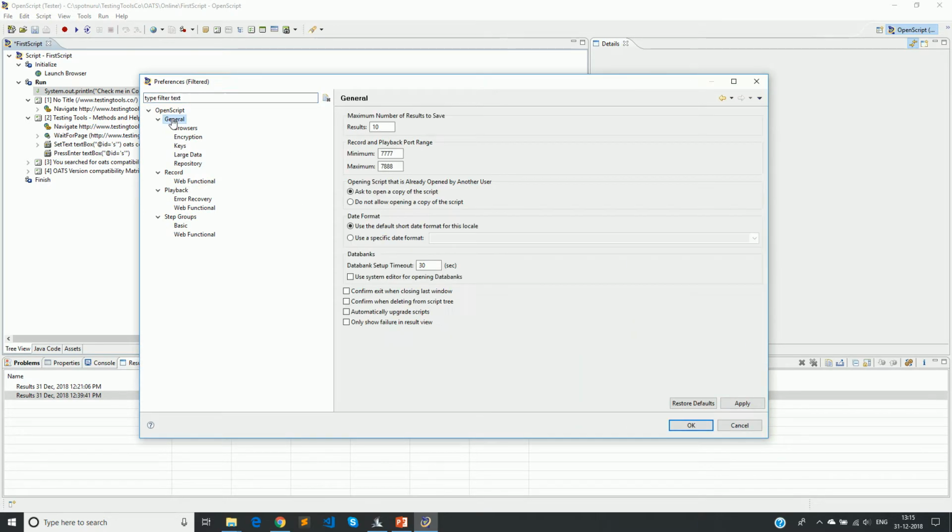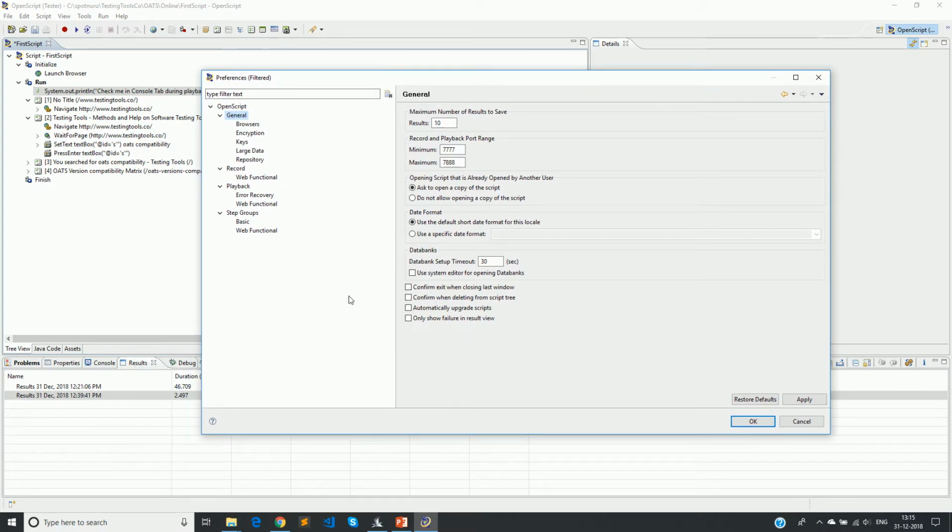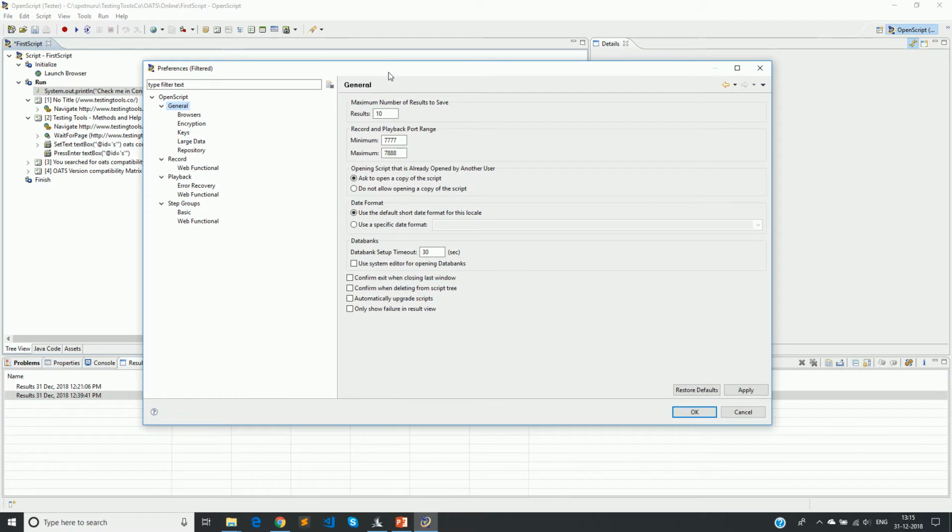First thing, under general, we have maximum number of results to save. Like when I was explaining in the previous video, a new result row gets added every time, right? So how many results do you want to save, basically?